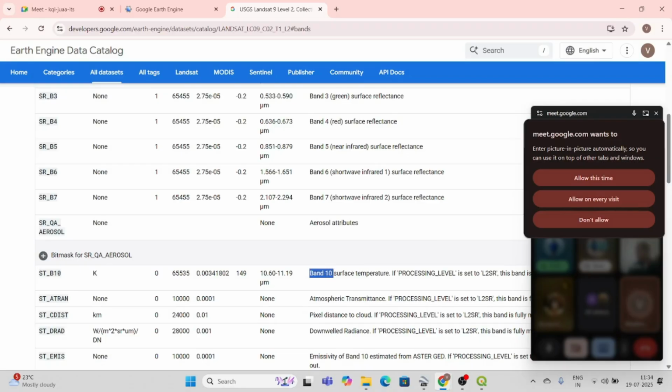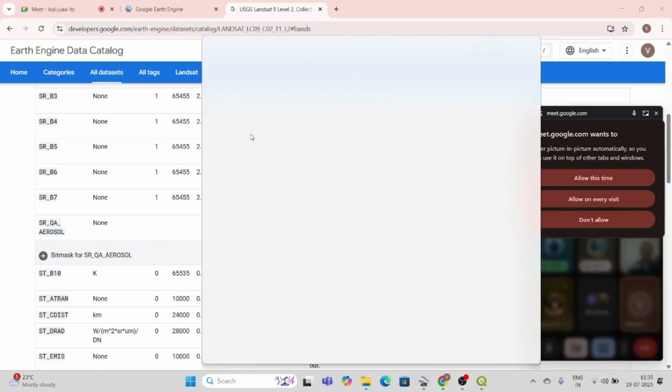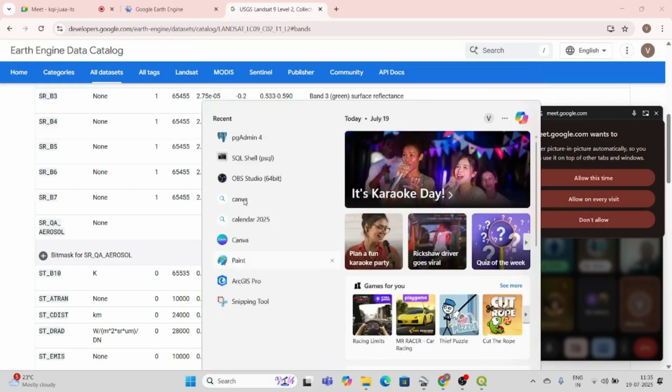So this is band 10, which is a thermal band. Okay. You can also ask me how I converted into Kelvin. If you want, I can tell you. For Kelvin to Celsius, I will be doing it by subtracting 273.75. Okay.